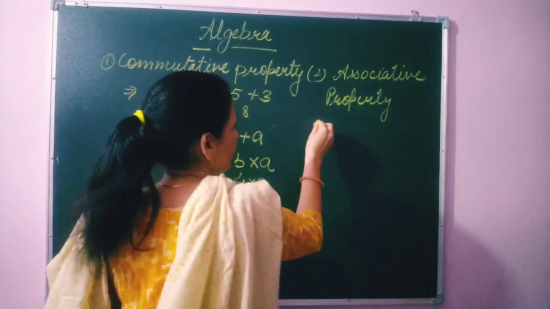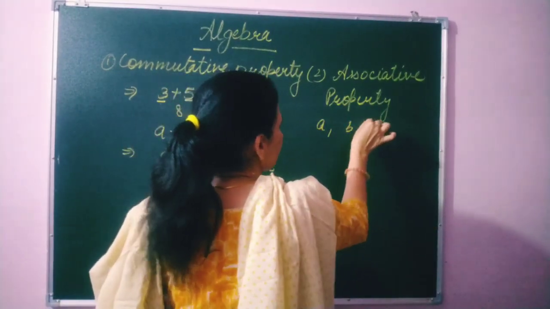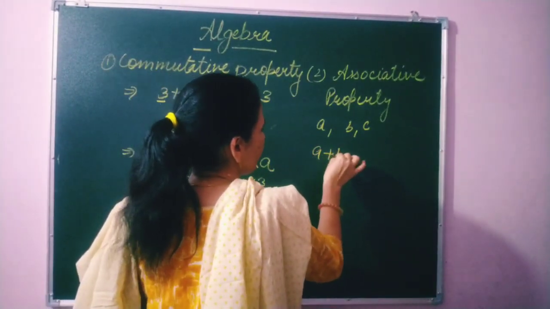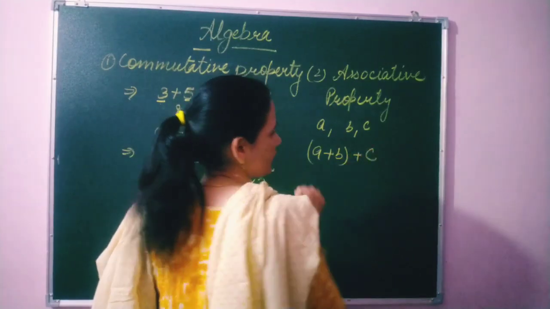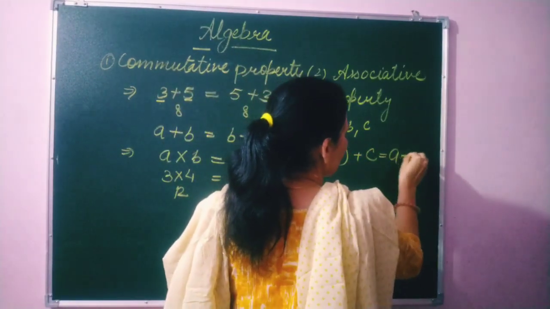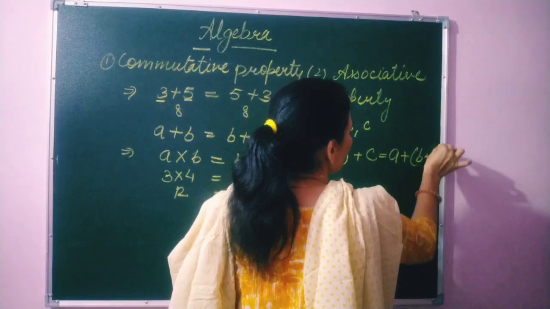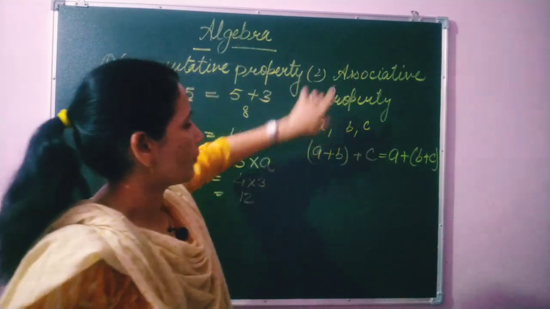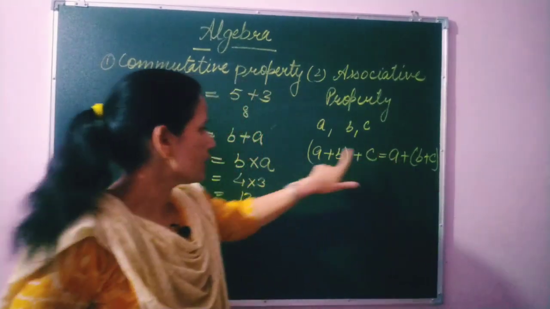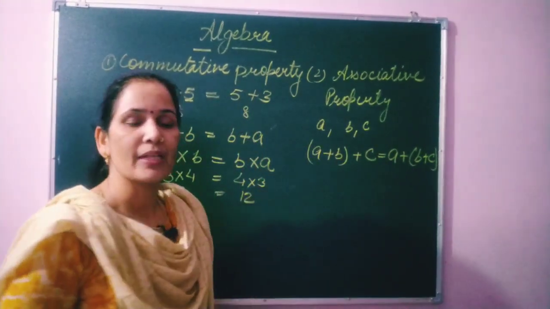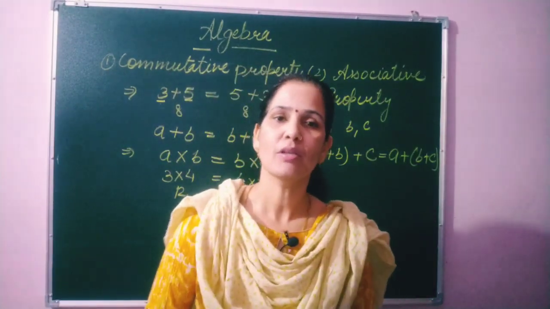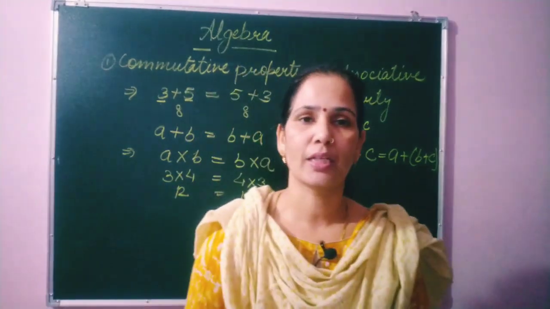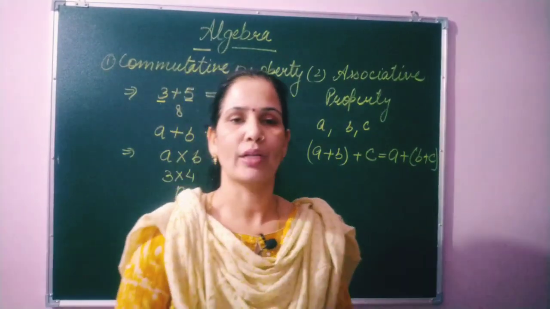In the associative property, if three numbers A, B and C are given and we change the grouping, first we add A plus B and then we add C. Otherwise, first we make the group of B and C, and then we add A to the result. So students, we express this associative property with the help of algebra, and A, B and C are whole numbers. Okay students, in this way we can use algebra to show and write formulas.